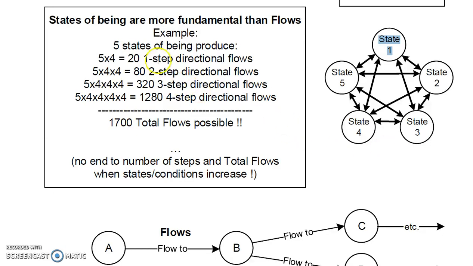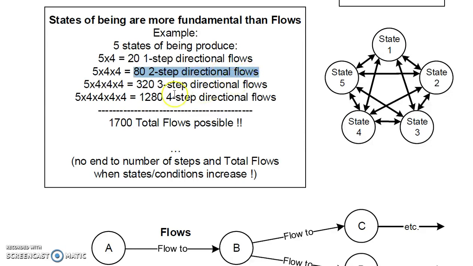So anyhow, in this little example, we say that the state of being can be more fundamental than the flow between the states. If we have 5 states of being, and we are looking at only a one-step directional flow to transition us to the next state, from any one of the 5 states we have 4 possible moves to make to the other states. Of course, we can start off at any one of the 5 states. So we have 20 one-step directional flows to look at. Now, how about if we look at 2 steps between states? There we end up with 80